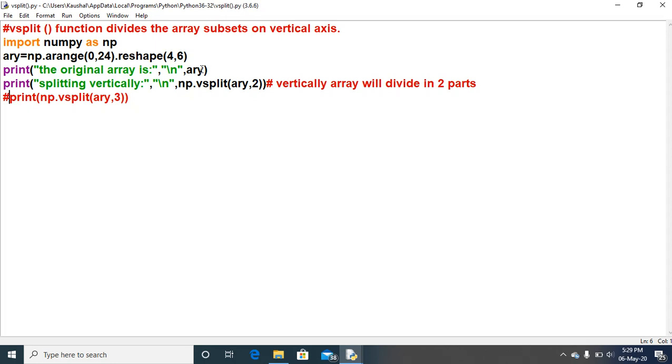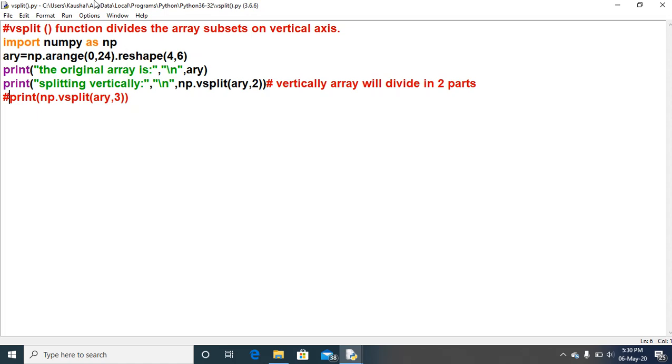The same way you will be getting the array, and here the second print is for splitting vertically, np.vsplit ARY comma 2. It means that we are dividing the array ARY in two equal parts, and that too vertically. Vertically the main array will divide into two equal parts.